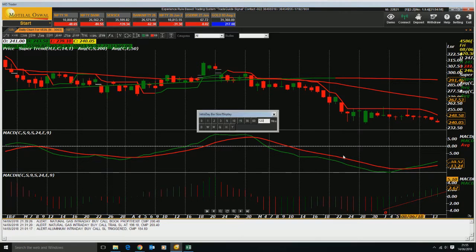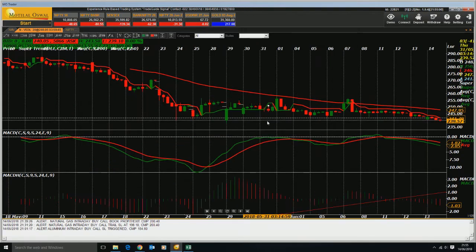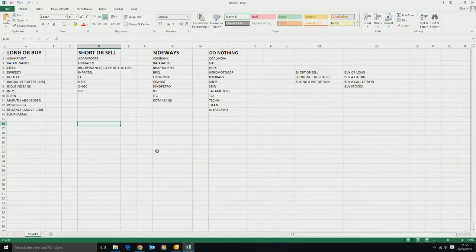But if I go on to my execution time frame, which is 120 minutes, here it's also a short, but I'm not very much comfortable with shorting the VEDL at this point of time, along with the whole Tata Steel stuff. So I don't do anything with VEDL until and unless I have confirmed short and long in both the time frames,